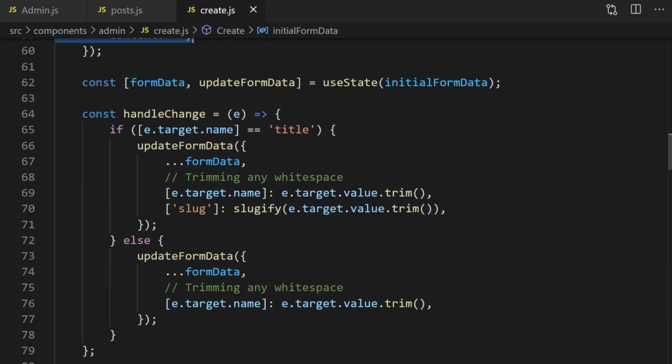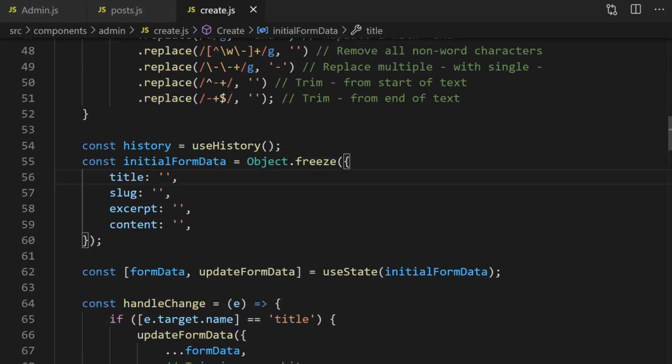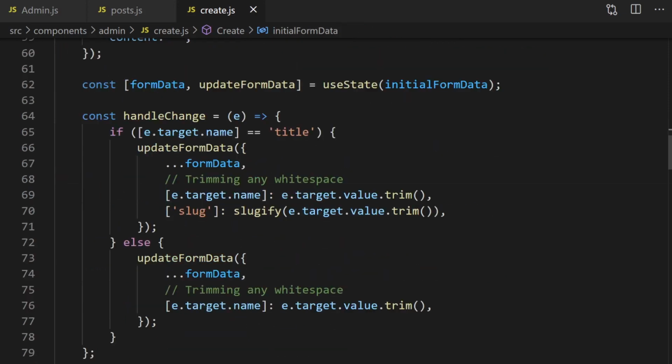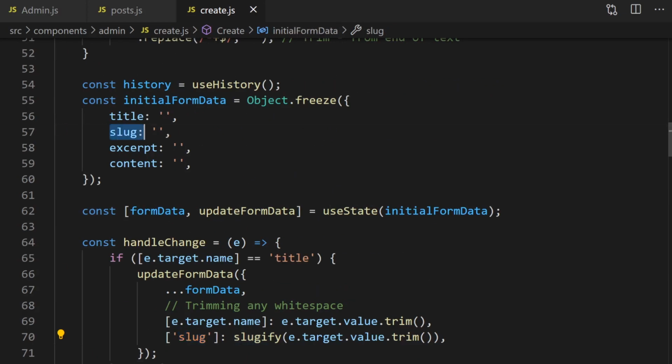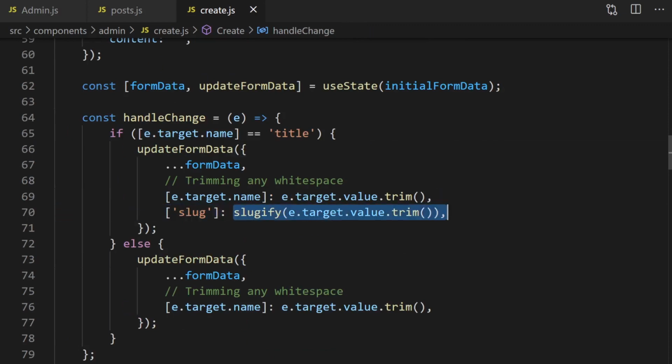Now, when we type something into the title, we also want to update the slug. So what we've done here is create an if statement: if the target name equals title, i.e. if we're typing something into the title, we're going to run this piece of code, which is going to, first of all, add the item into the title item here. And then in addition to that, we're going to use slugify. So the slug, we're referencing this slug component here. We're going to add this data here, so we're going to wrap this in the slugify